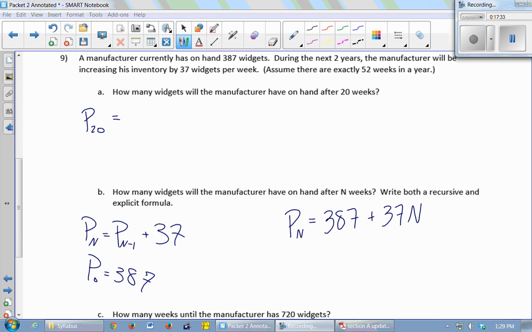That's what I used. Okay. And then if you want P20, you just replace this n with a 20. Correct. Right. So we want 387 plus 37 times 20. And you get, what was it? 720 for the 37 times 20. 387 plus 720. That's